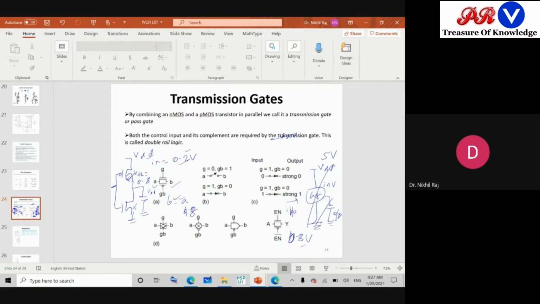What happens if we always go for CMOS is that whatever network we realize in the pull down network gets multiplied by 2. The number of transistors also always gets doubled compared to whatever is in the pull down network. So in order to reduce the number of transistors, we go for these alternate logic styles, alternate logic design styles.